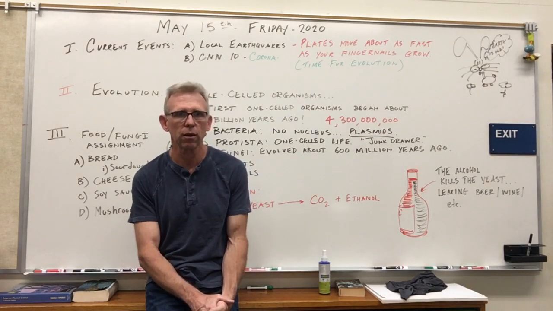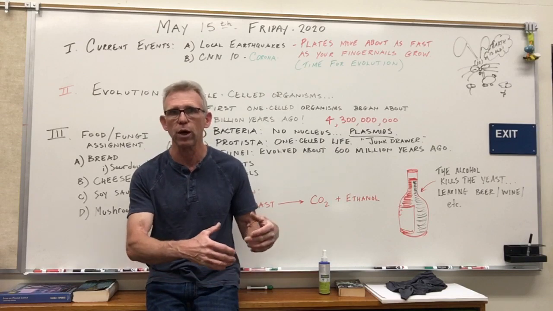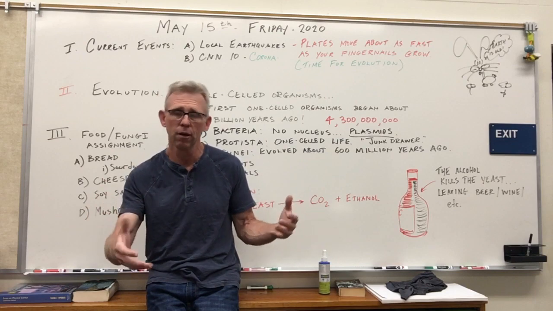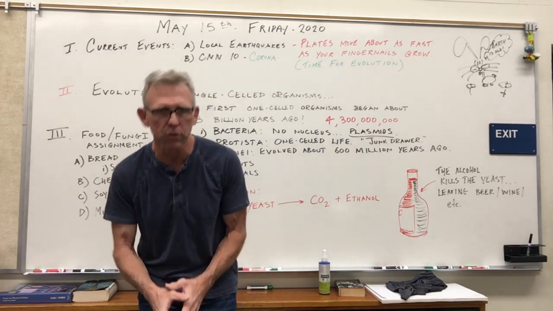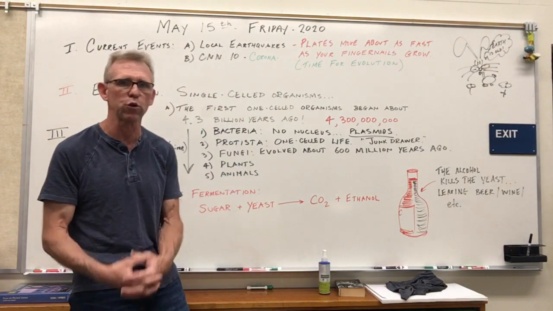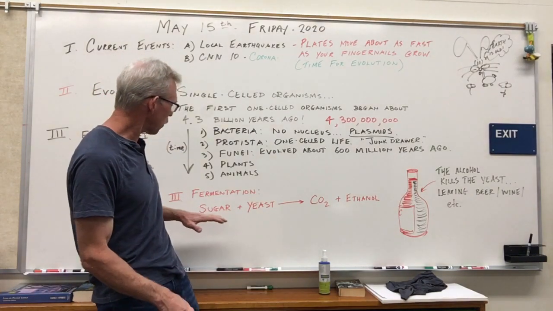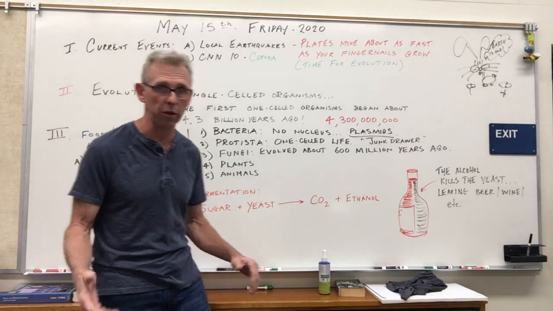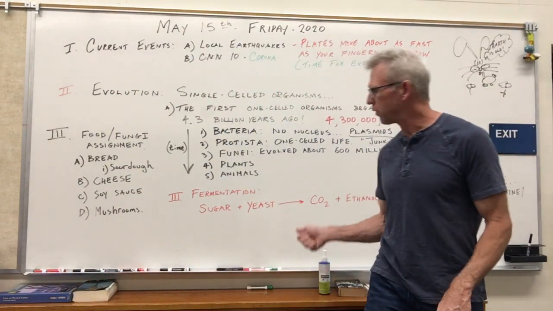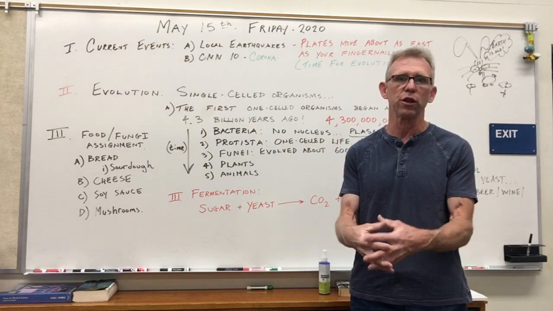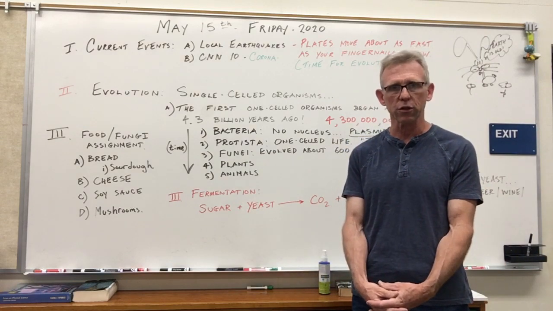If anyone's ever seen the wine section down the street here at Trader Joe's, you go in, there's a big wine section there. Let's talk a little bit about how that's made. Just a tiny bit, as an example of how we use fermentation in the process of making food and drink. You've got sugar and yeast, but the amazing part about fermentation is it doesn't use oxygen. Well, at least it doesn't use free oxygen directly like respiration does.